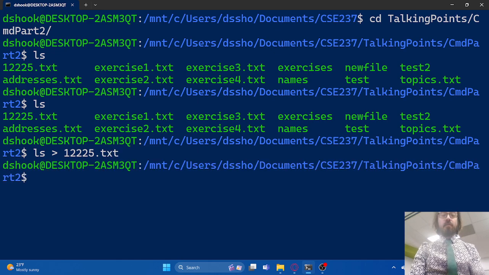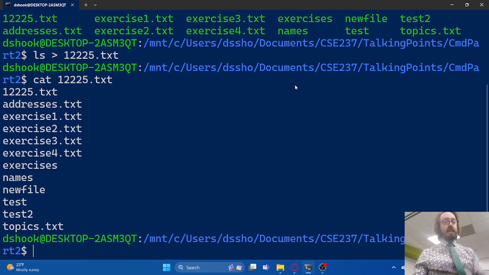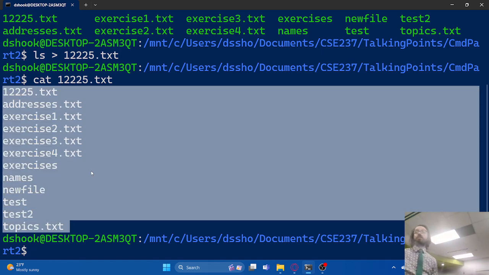So what is that going to do? Notice that the output of ls did not get shown to me. I redirected. I said, don't print the output here. Redirect that output into this file that I want. So then what does the file look like? If I cat the file out, you can see, oh, there is the result from ls. It literally took everything that ls would normally show me and just stuck it into the file. That could be useful, right? That could be very useful